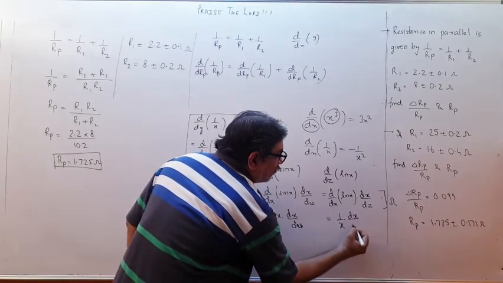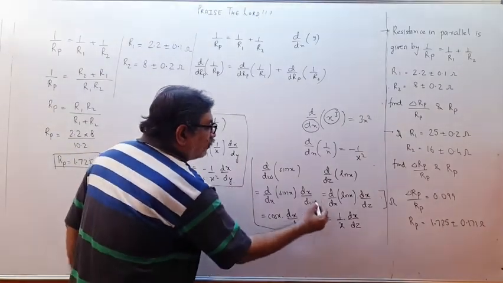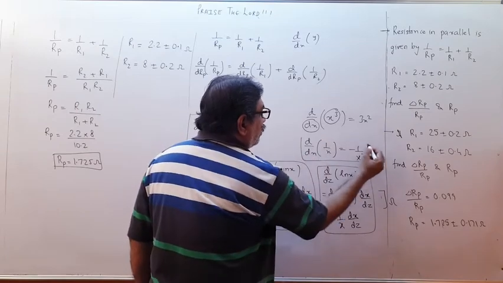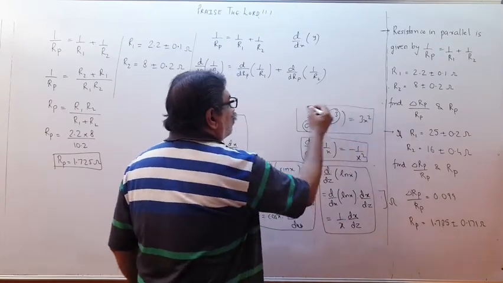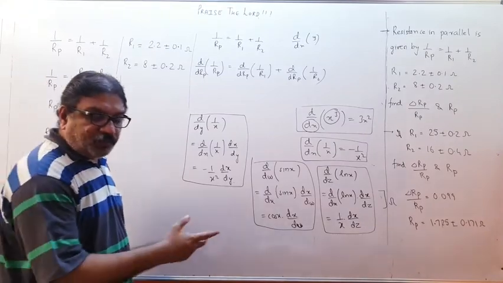This becomes dx upon dz. So like this examples I have given you, children. Please pause the video and copy so that you understand all these important points. Please at this point only you should write these. Please copy. I give you 1 second. Please pause and copy. Then I proceed.